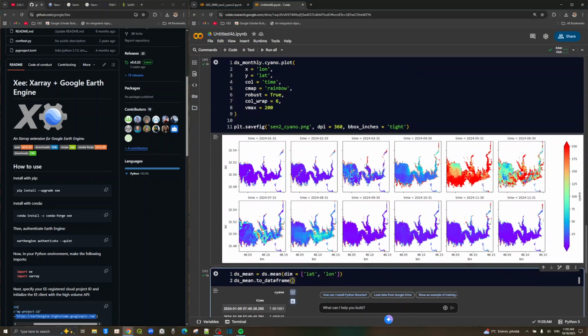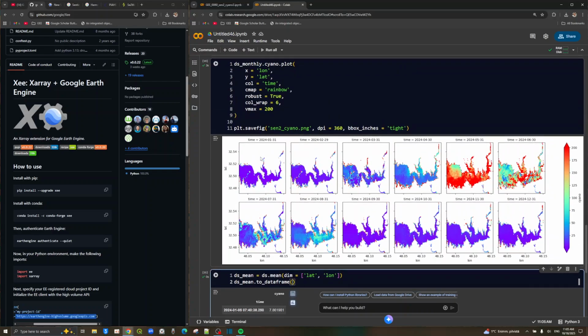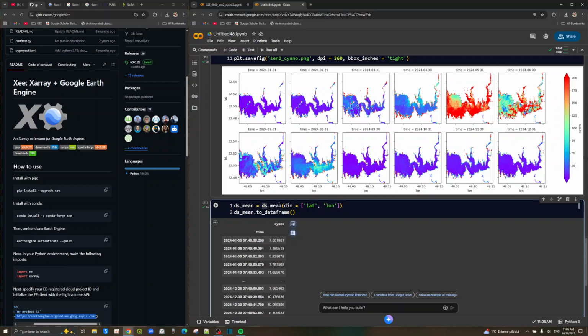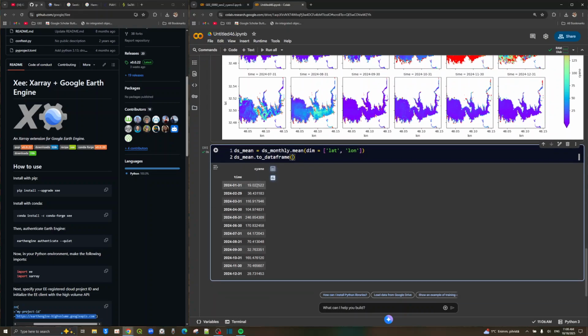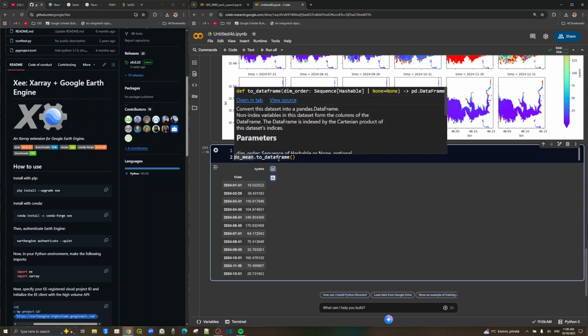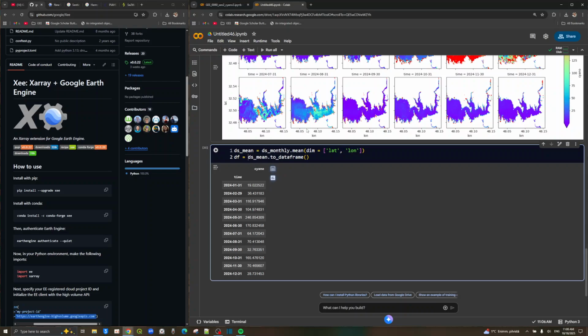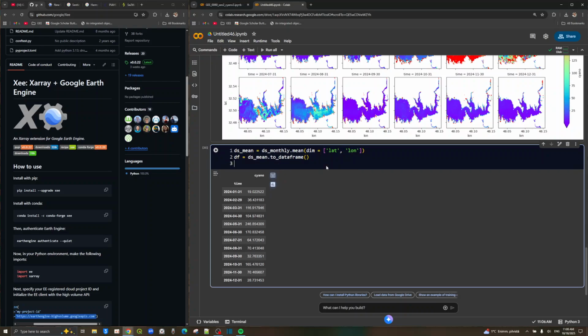But remember that we want to do this for the monthly data set. I forgot to do it for the monthly. The monthly mean, ds_min to the data frame. Now you can see the monthly variation over the time. And if you want to save, we can actually save it as a CSV file,